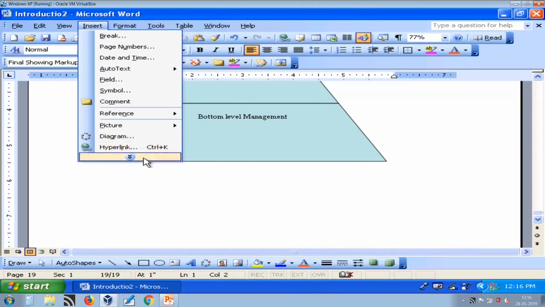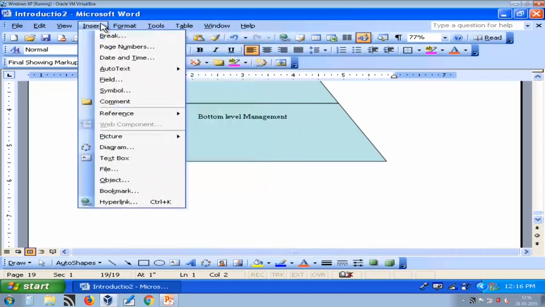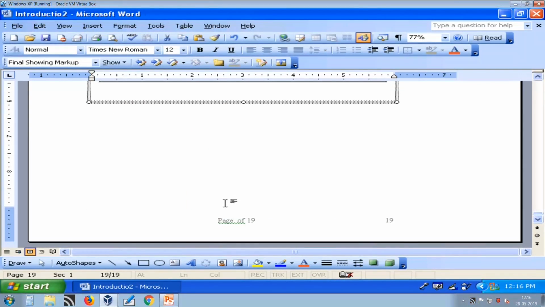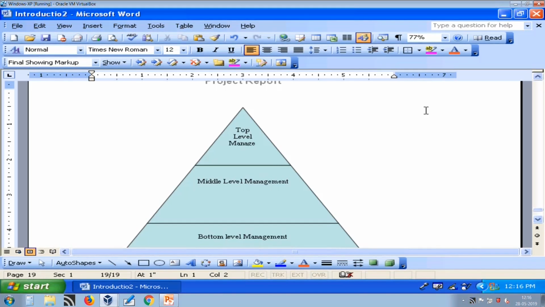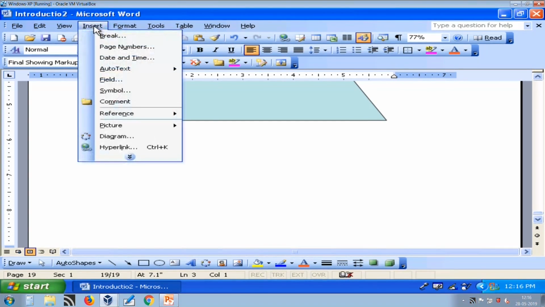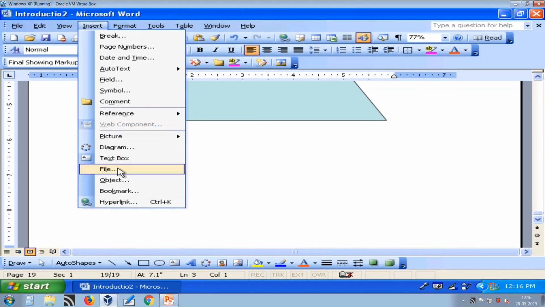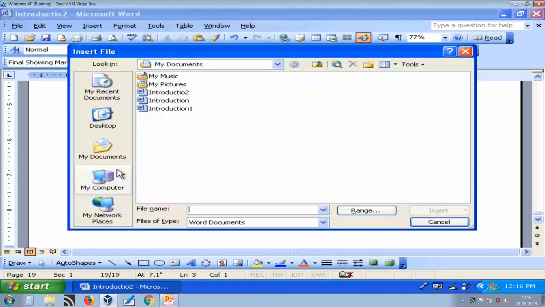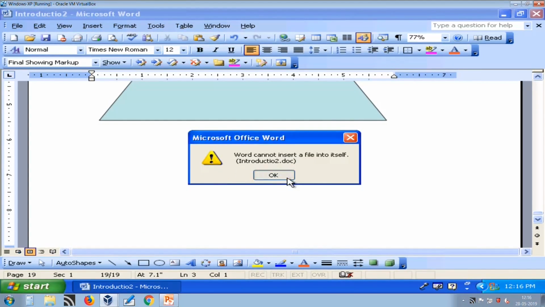So, we have understood these options like comment, reference, picture and diagram. Suppose you want to add 2 pages which are created in a separate file, what you can do is select insert and file. So, it will automatically add whatever is available in this file.